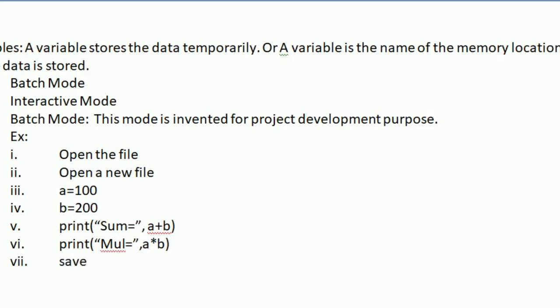Now save the program with the file name .py. Py is the Python extension through which we save the file as a Python program or Python file.